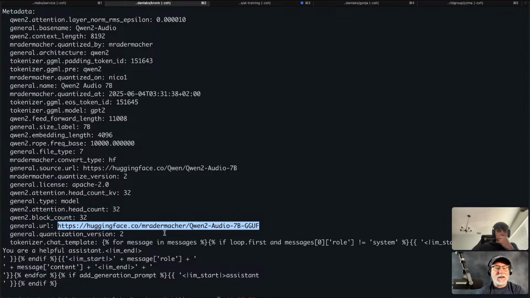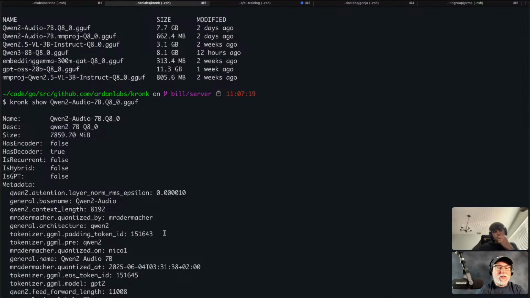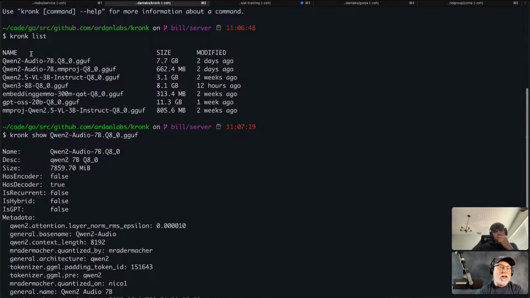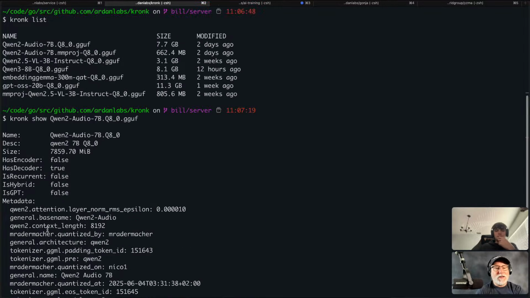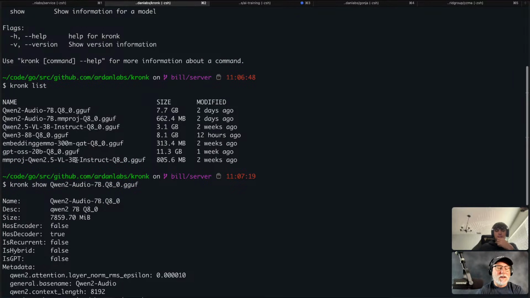It was in the metadata, which makes me think that when I do a cronk list, I like having the file names, but you don't really know where I pulled it from. It might be nice in cronk list to add the URL if it's in the metadata, right? So maybe we do that first, which means I've got to load things up. But let's say we did that first, and I added the